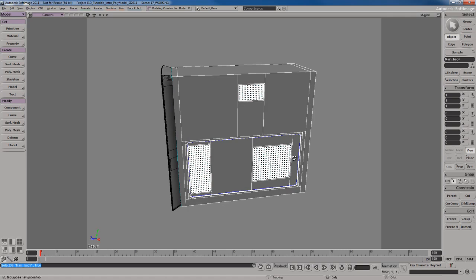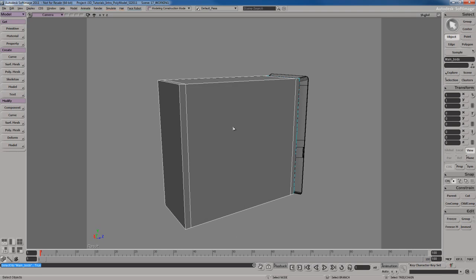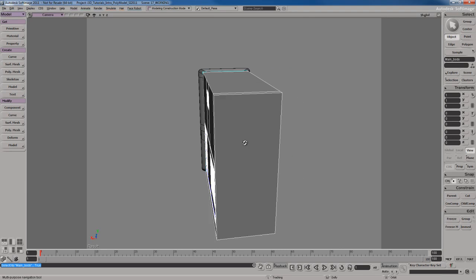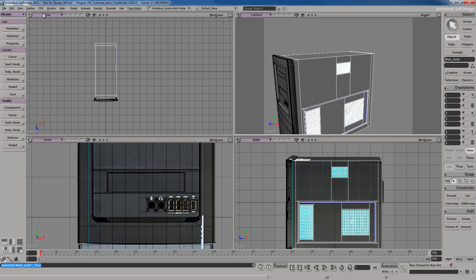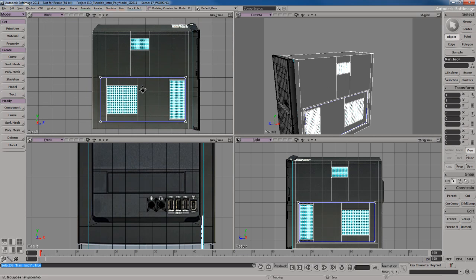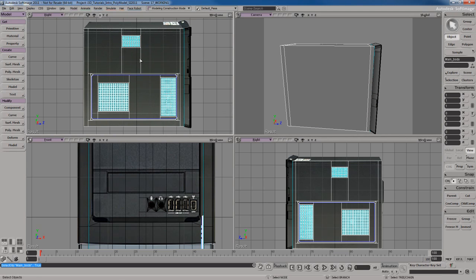Okay, so basically what we did before was we finished up the right side over here. Now we have to work on the left side over here, which is blank right now. Alright, now what I need to do is come over here, switch this to my left view. I need to work on the left side of this, but unfortunately if I try to, you can see that